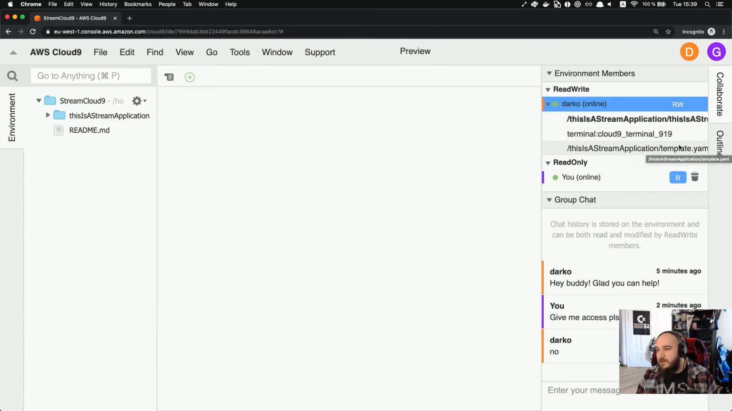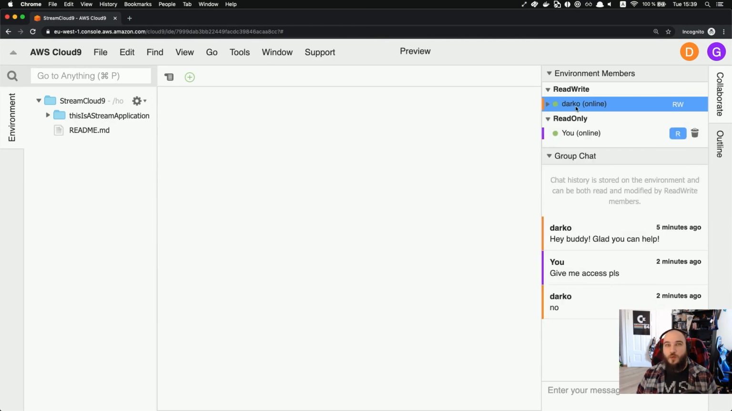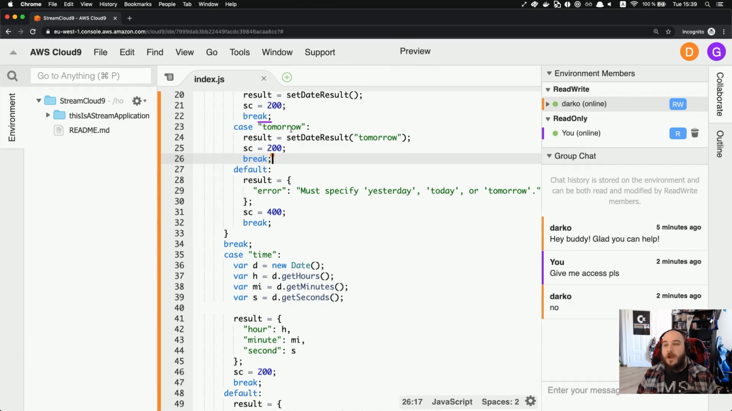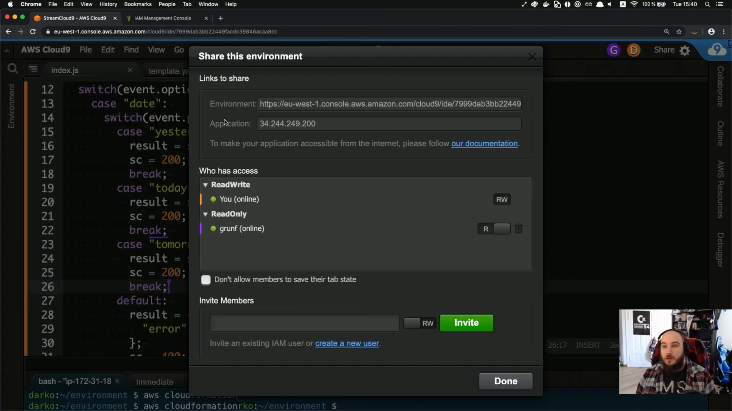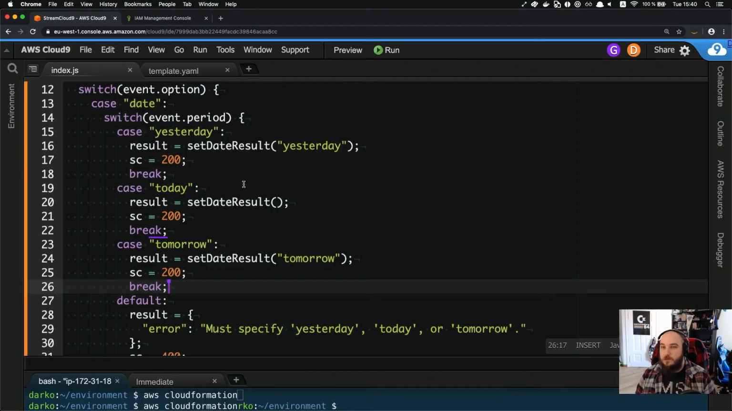Like I can see that he has this template file open, this JavaScript file, and the terminal is also open at that person. So you're able to kind of see where that person is, or actually what that person is doing right now. If I go to show location, it will actually open the file where that person is currently looking at. So if Darko would be looking at some other, well, Darko is looking at this, but if Darko